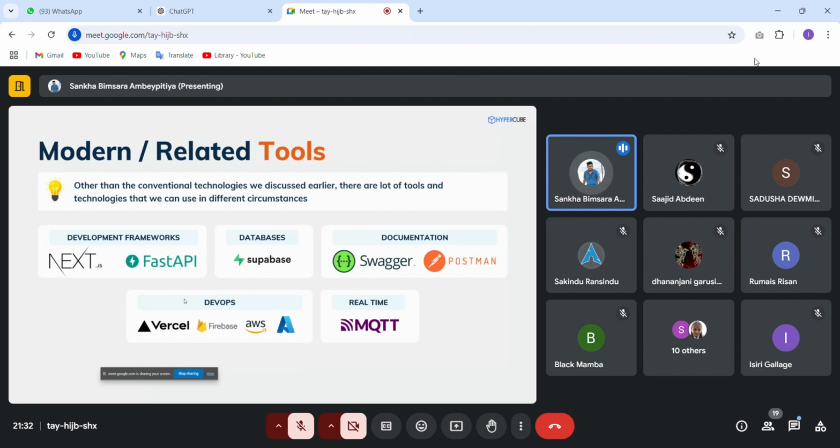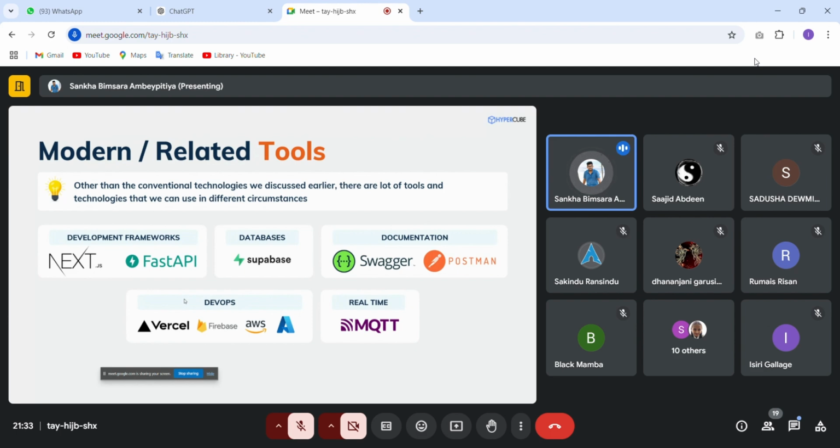And AWS and Azure clouds, the next things, there are some complex things, and we need to pay for their services. Firebase and Vercel are free of charge to a certain extent, but AWS and Azure cloud need payment. But search for those things, learn what these tools and technologies are, what the purpose of using them is, and what will be suitable for each kind of requirement,